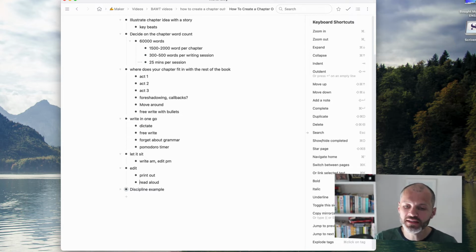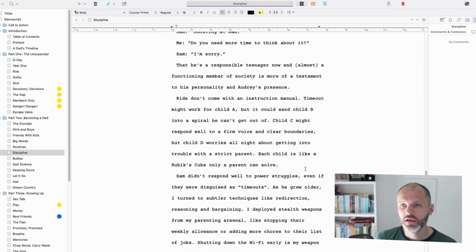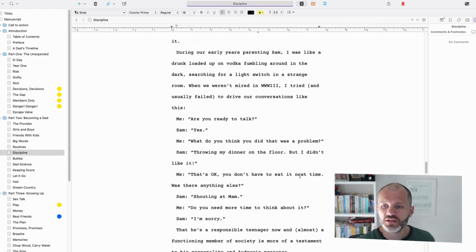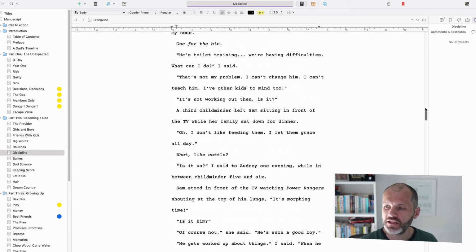Now I want to show you an example of what a chapter outline looked like for one of my books. So I have on screen the early draft of I Can't Believe I'm a Dad. I use the writing app Scrivener to write my chapters. This particular chapter is 2,580 words long. I reduced it a little bit during the editing process, but it's a good example of what a chapter looked like in the book. So I'm just going to give you a quick overview of how the chapters were structured